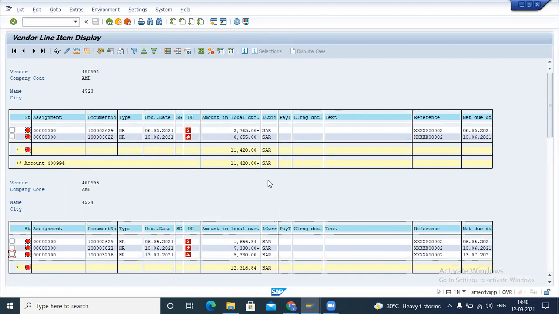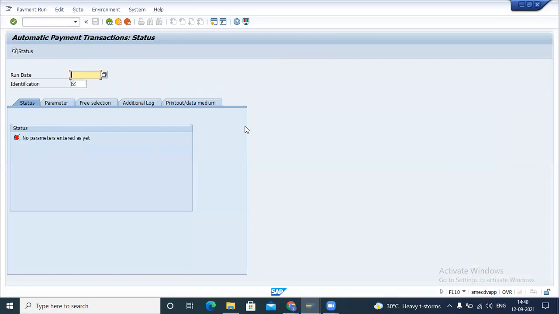Okay. So I'll show you the one new process which we can use. The transaction code is F110. The recording will be there, but I'd prefer that you note down this transaction code F110. So in this screen, what is our purpose?